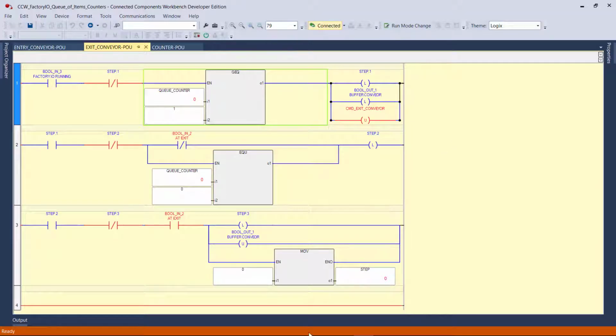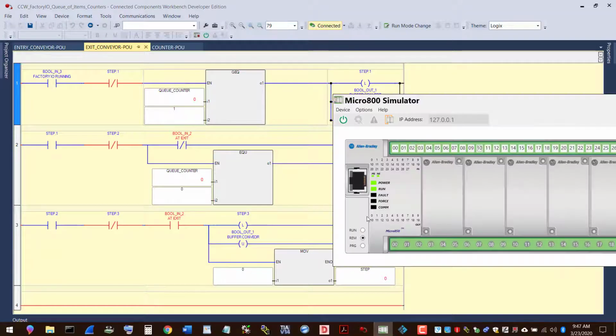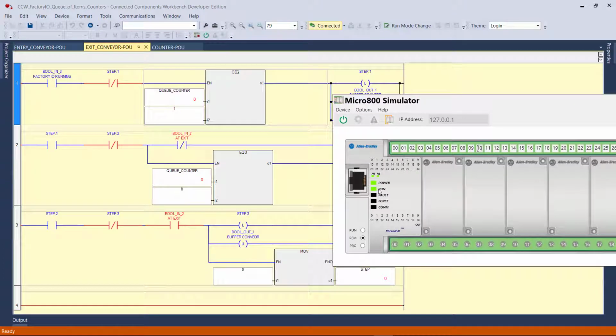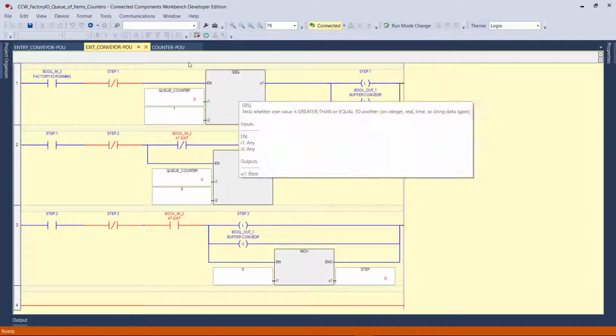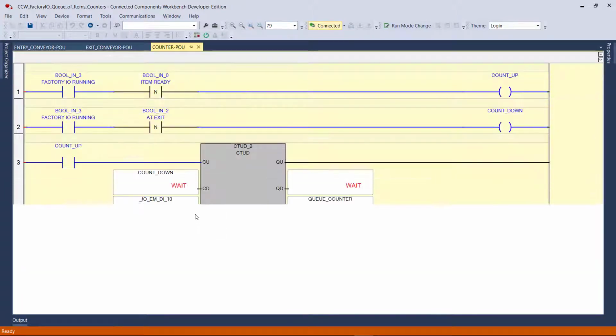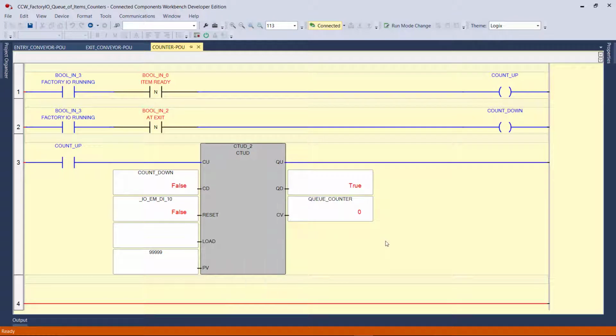So we are already online with the PLC. Right here we have the run mode. We're not using any of these inputs or outputs, so we're using internal variables only. On this logic, I'm using the counter up and down to make sure we get this done. So my count down and my count up is coming from this instruction. This is the